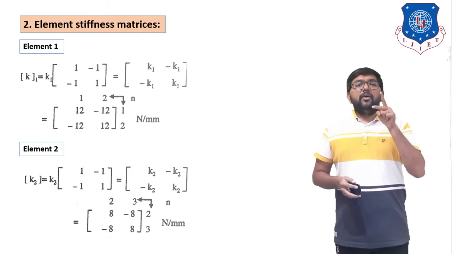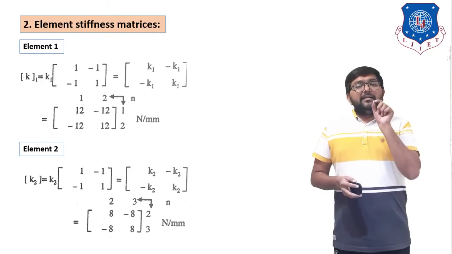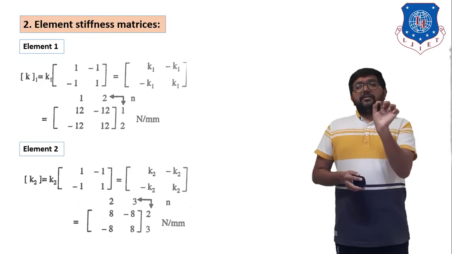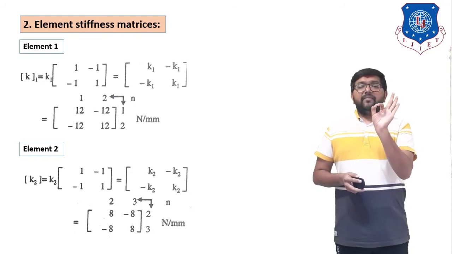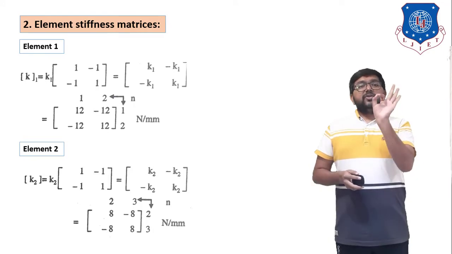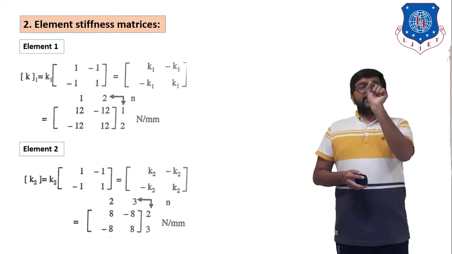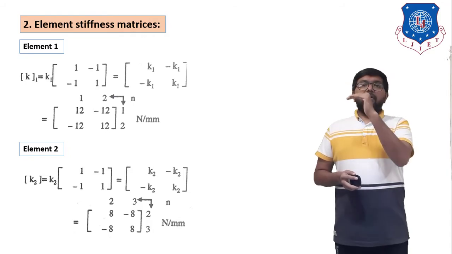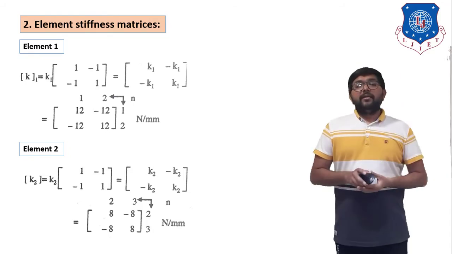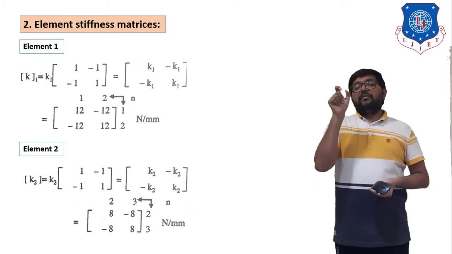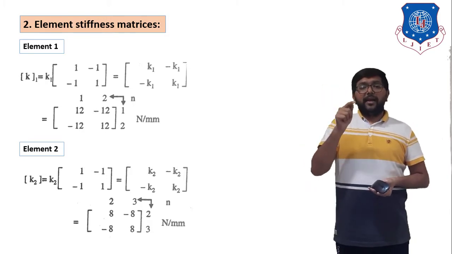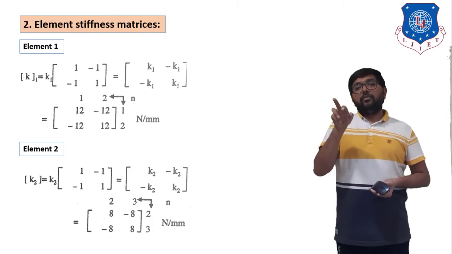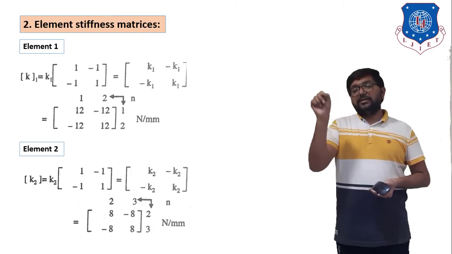Okay, now we have a total of 2 elements. In these 2 elements, you can observe the first stiffness matrix, that is K1, and the second stiffness matrix, that is K2. In K1 we give the first row number as 1 and second row as 2, and the first column and second column as 1 and 2, because element 1 is considered as node 1 and 2. In element 2 there are nodes 2 and 3, that's why we give the row number and column number as 2 and 3.